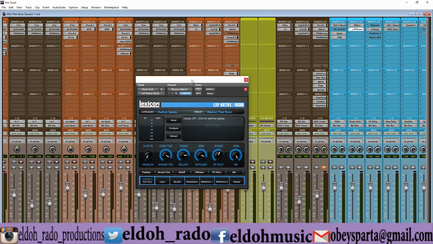0.800 and something, so it's in milliseconds, and I use the roll-off around 7K, and the diffusion. The diffusion, I like basically how wide I need the room and how many corners or creases there are in the room. So in your mind, you have to think about it virtually, from 4 to probably 12 corners. You really have to think about it that way. On 100% mix, pretty much leave everything as is, or you can use the medium space tiled room preset that I have selected